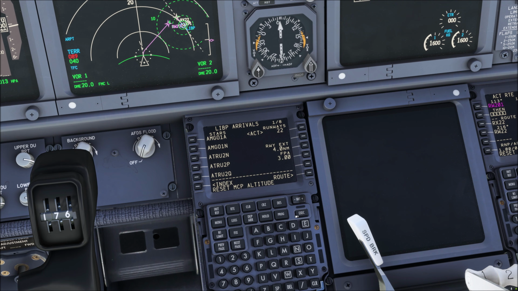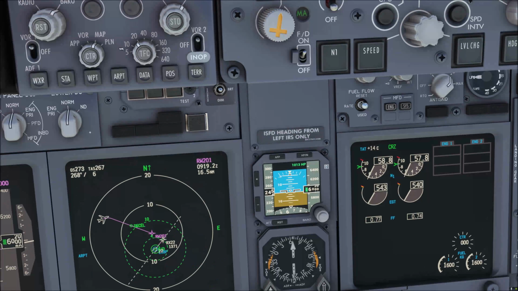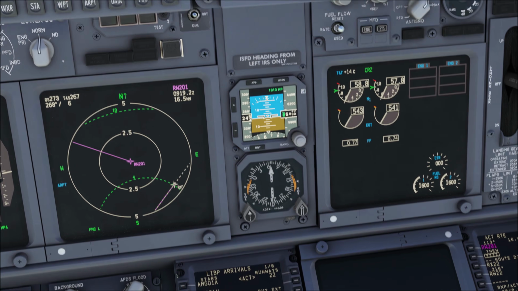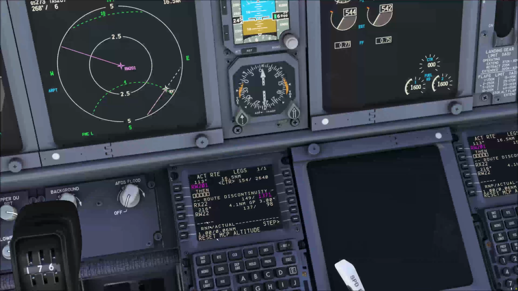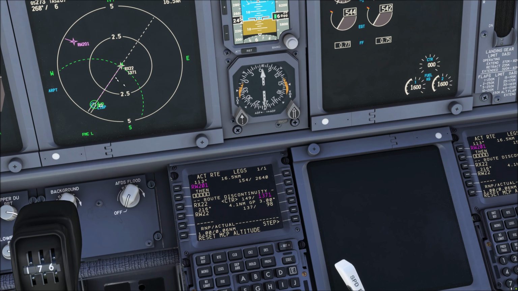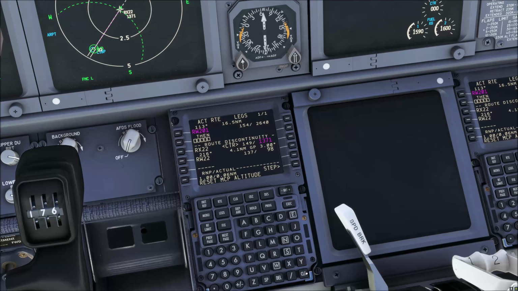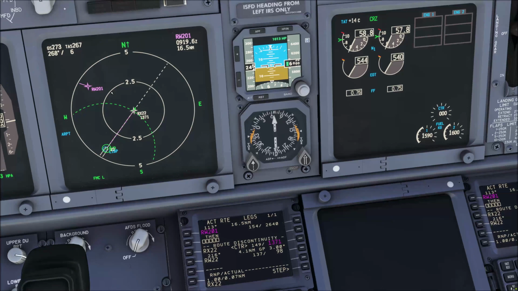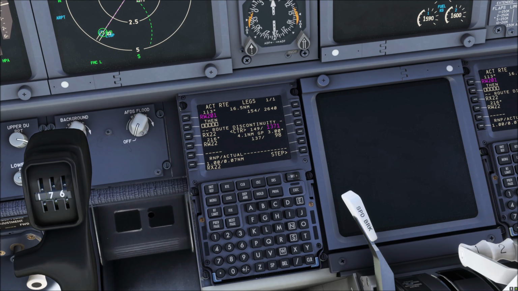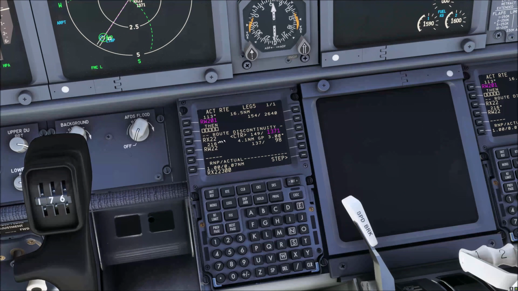And with this entered, the FMC is going to generate an RX point, which is basically a runway extension point, on the final approach over here, exactly on the runway center line, 4 miles out, of course. Now once again, if you wanted to create the base, you'd select the RX point, take the track, add 90 degrees to it if you're coming from the north, or subtract 90 if you're coming from the south, to create your base point. So what's it here, 216, so 306